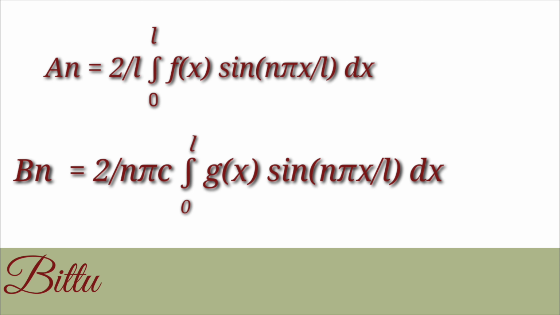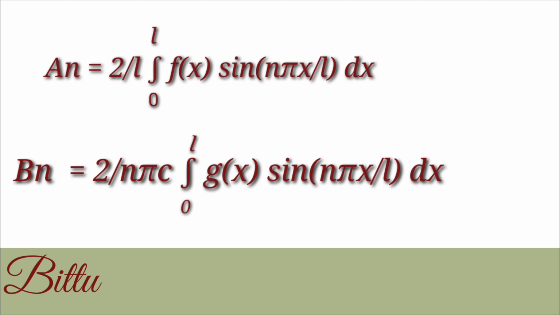Really, y(x,t) is the displacement at any point on the string at a distance x from the origin and at any time t. Next, we have to find y(x,t) when f(x) is given or g(x) is given or both are given. In our problems, f(x) and g(x) are either in terms of the trigonometric function sine or polynomials. In this video, I am going to solve problems in which f(x) is given and it is in terms of the trigonometric function sine.